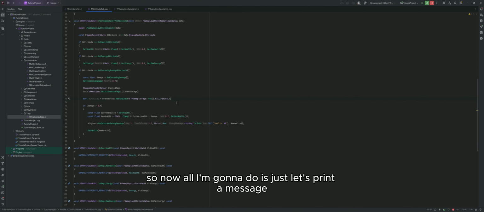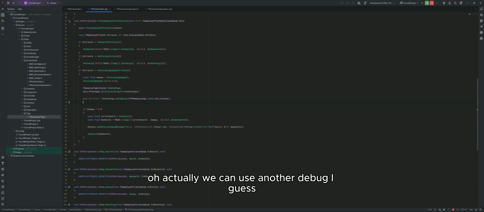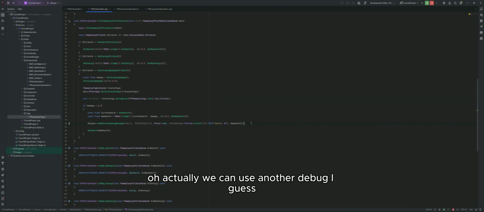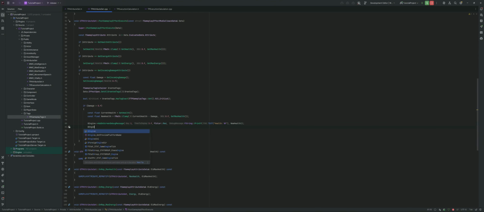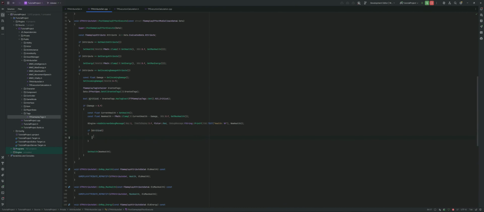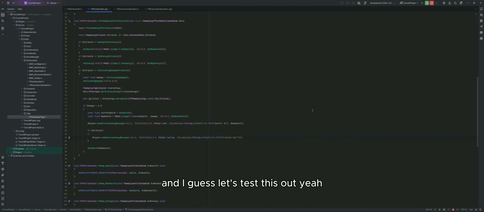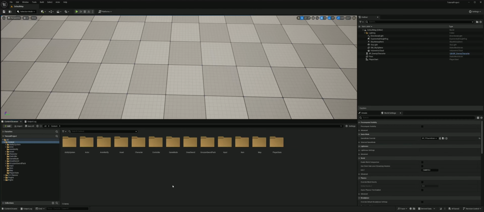So now all I'm gonna do is let's print a message. Oh, actually, we can use another debug, I guess. And here we go. If you get a critical hit, we can just display this message on the screen. And I guess let's test this out. Yeah. Alright, now that we are in,